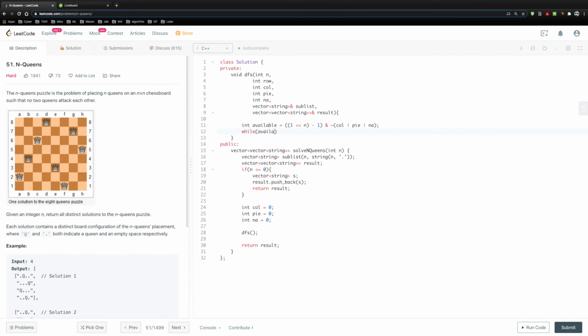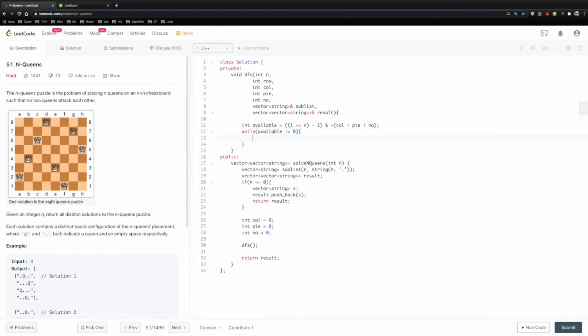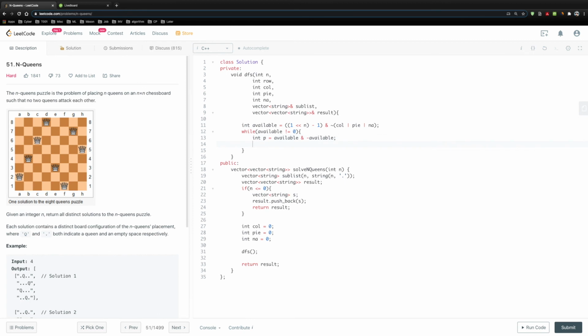While available is not 0, it means that there are still seats we can pick. We can pick the rightmost seat. Okay, and take a seat, place our queen,